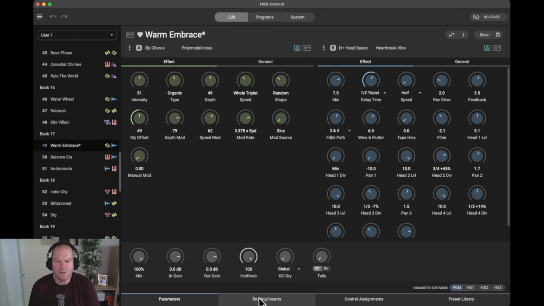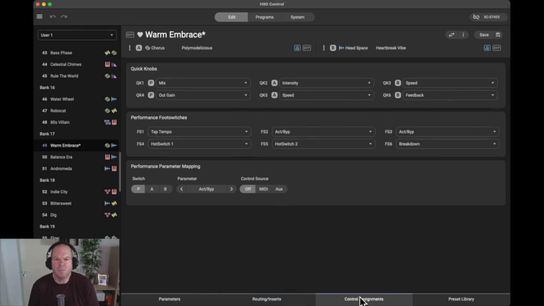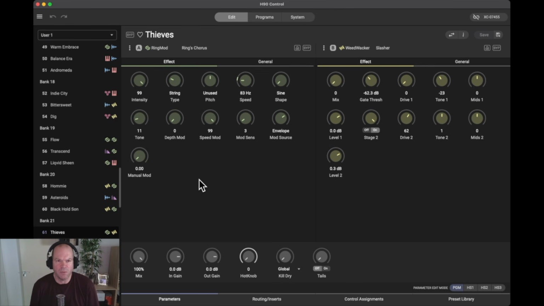So if we click down to the second page here, we have the routing, and we have another lovely image. So we have parallel here. We can change it to series. We can play with inserts here if we have any inserts, which I don't at the moment. The third page is the control assignments. So we just choose a different preset here. We're on Thieves,